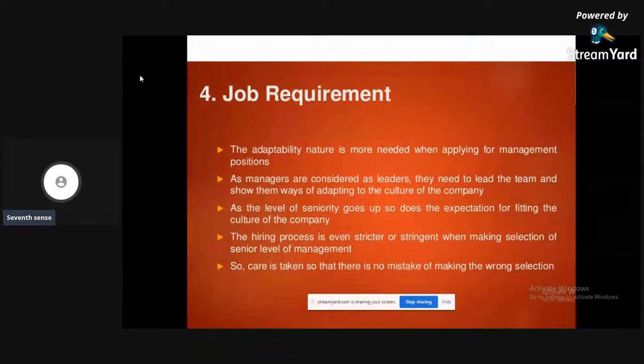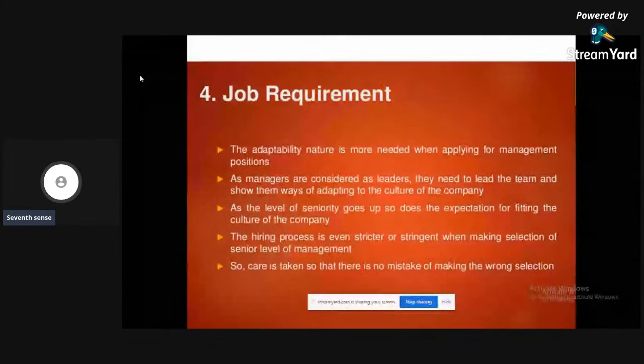As seniority after manager comes senior manager or other different authorities in the positions of a corporate. As the level goes up, the adaptability and responsibilities also get higher. When the process gets stricter, we should be very careful while the process of selection is going on.